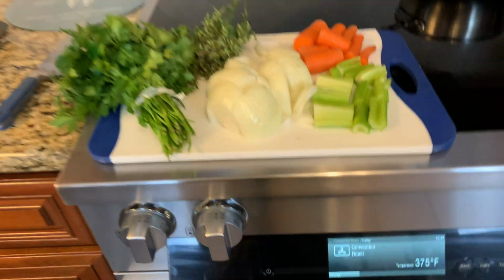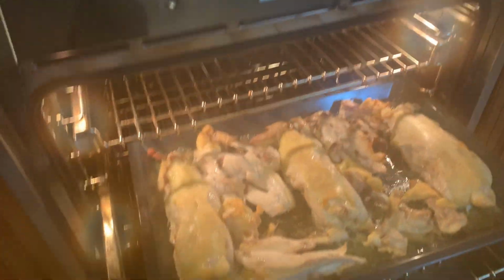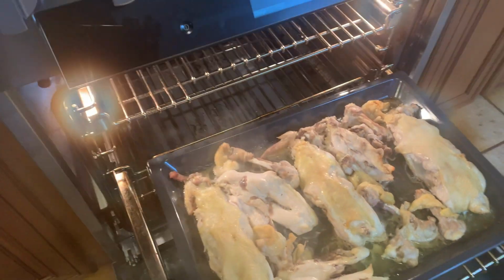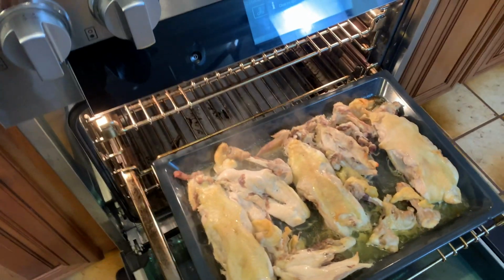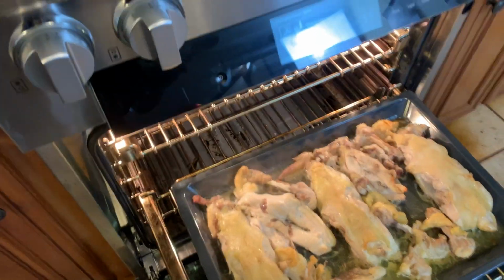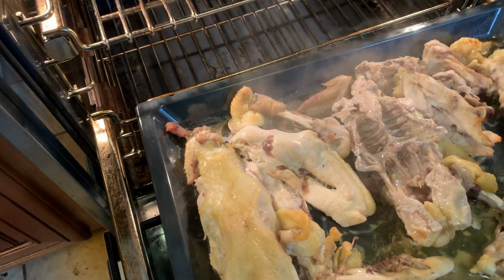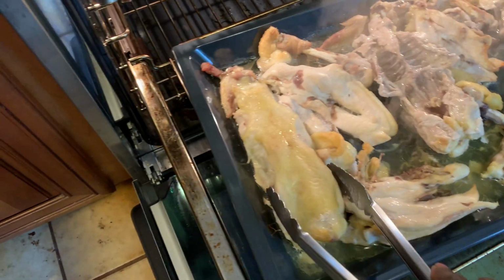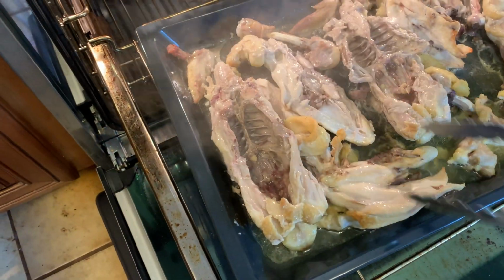It's been about 20 minutes, so we open this up, and after, of course, that blast of steam, you'll see that it's a nice golden brown. So we're going to pull this out, and you want to go ahead and turn the chicken. You want it to brown on all sides as much as possible, so just go ahead and flip it. You don't have to be precise about it. You're just trying to turn it, let that heat get on the other side,